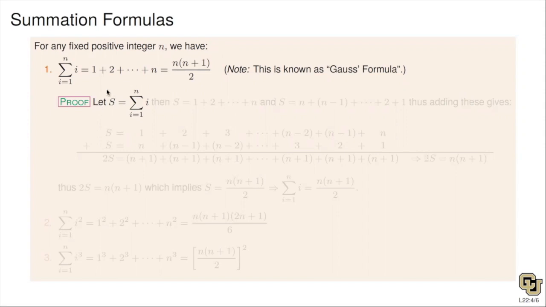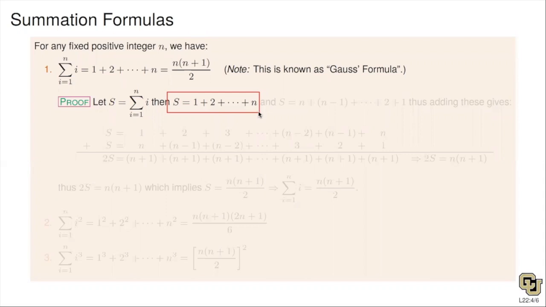So let's call the sum S. Here I'm trying to find the sum of these first n integers. It adds up to something because you just have n integers. You're just adding them up. They're all finite numbers. So let's call that sum S. So here, let me expand out the sigma notation. S equals the sum of these first n numbers, 1 plus 2 plus 3, all the way to n,